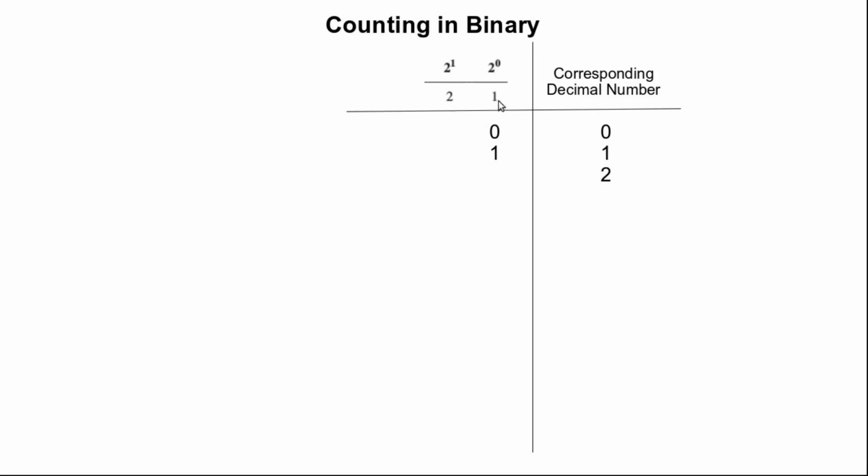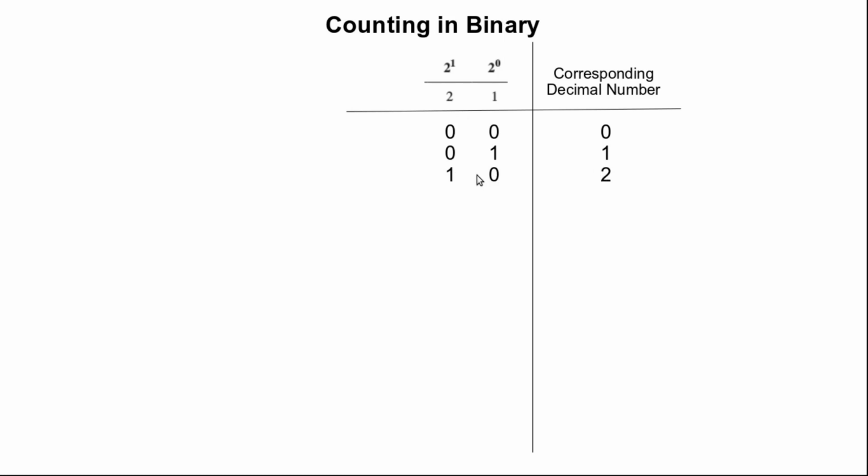So the weights will be 1 and 2. Now 2 can be represented as 1 0, because 1 into 2 is 2 plus 0 into 1 is 0, so 2 plus 0 will give us 2. So we see the decimal 2 is represented as 1 0